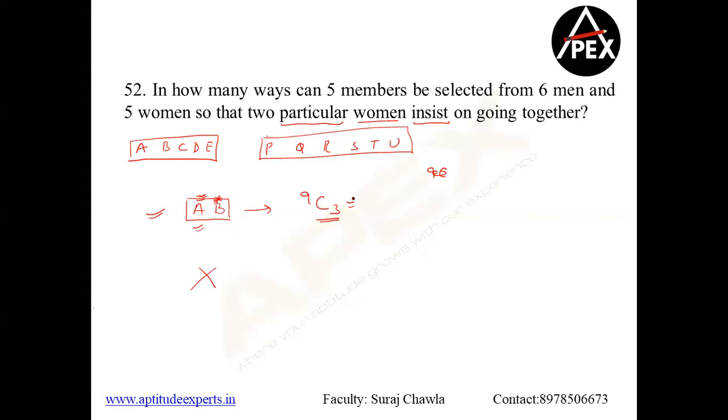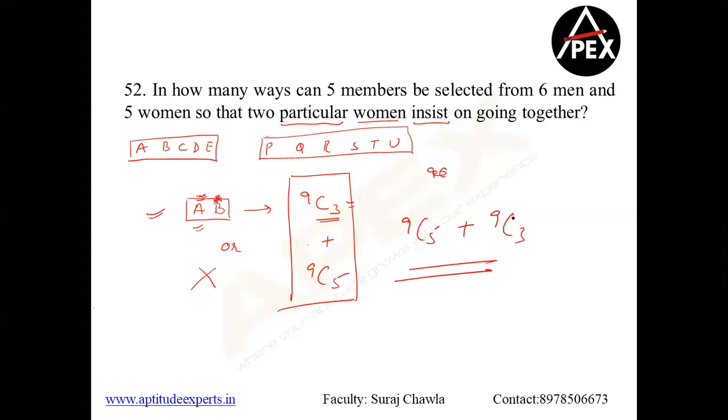Clear? Now, let's go with the other scenario. There can also be a possibility where my best friend does not like B. So I know if B will not come, A will also not come. I want my best friend to come at any cost. So therefore, dump both of them. If I'm dumping both of them, then I get my answer called 9C5. So therefore, your answer is going to be, I guess only one person or two gave you the right answer. 9C5 plus that becomes your answer. Any doubts?